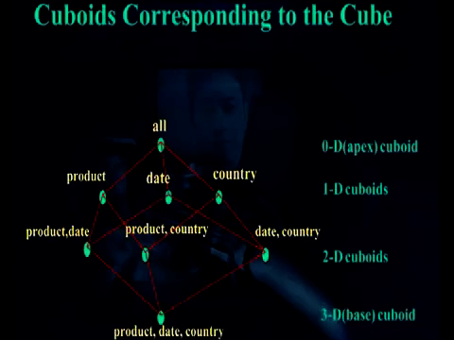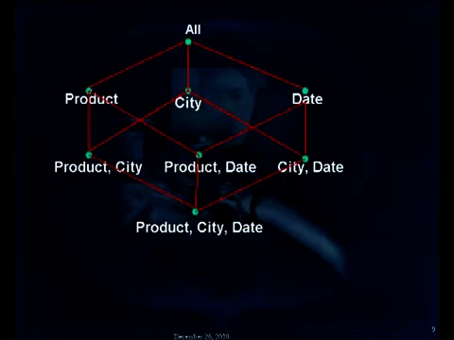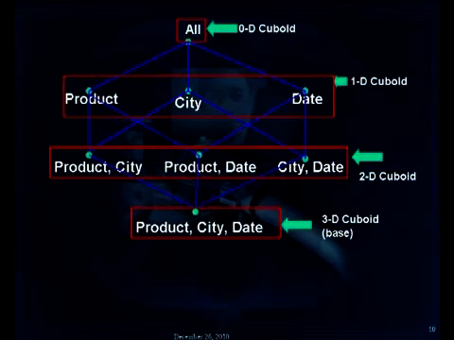The slide shows the different kinds of computations with respect to the 3 dimensions, namely product, date, country. That means we have combined the computations across the combinations of these dimensions. This diagram is an integration of the different kinds of computations over the combinations of these 3 dimensions. Each combination is nothing but a particular category of cuboid. Here there are 4 different types of cuboids. The 0-dimensional cuboid is the apex cuboid, which gives the grand sales, and the base cuboid gives the sales of each product and each date for each country.